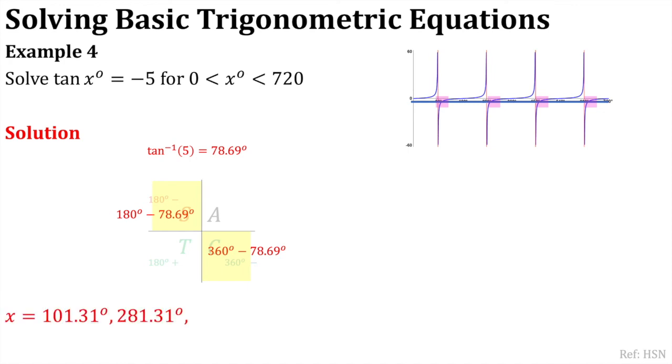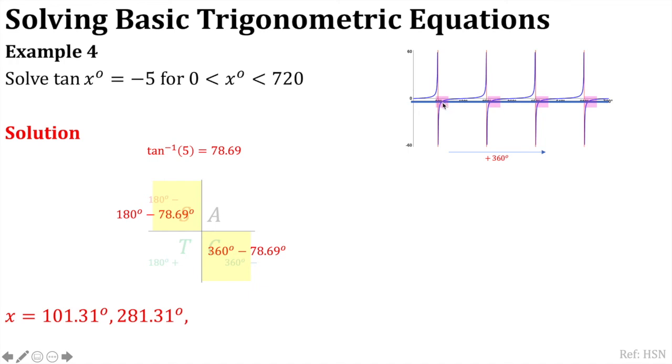So those two answers are 101.31, and we can see that is just past 90 and no more, so that's around the correct place, and 281.31, and again that's just past the 270 mark there. That red line is 270, remember, the asymptote. So now we do have two other answers to get as well. So if we just look at this one here,